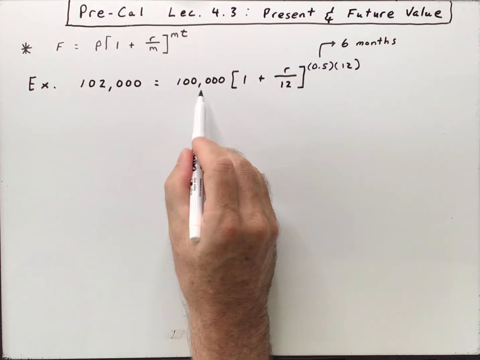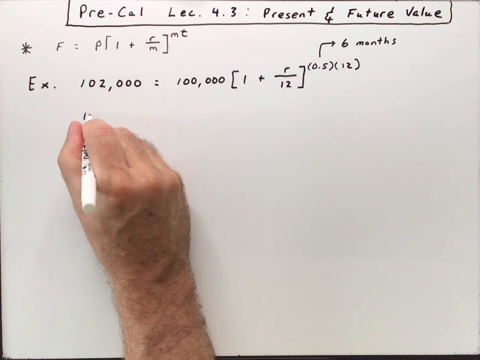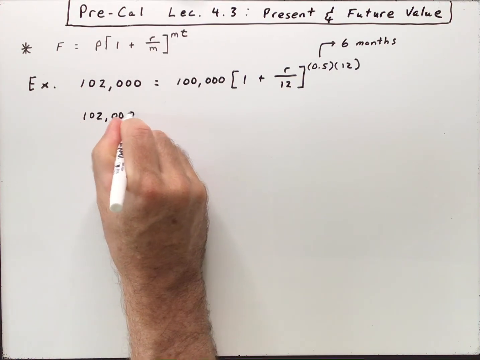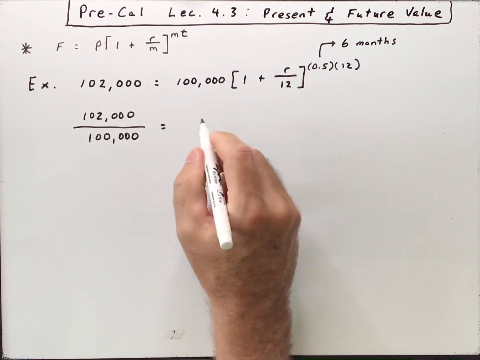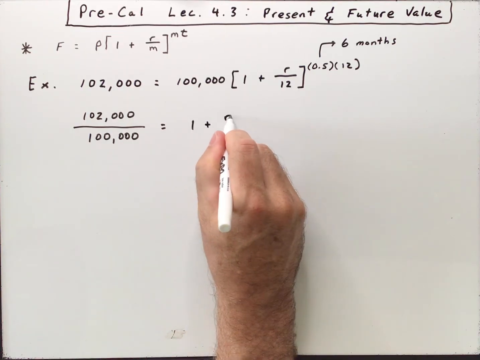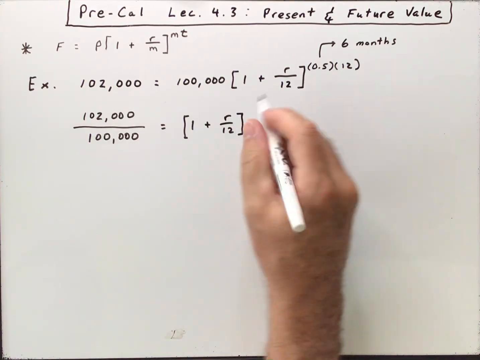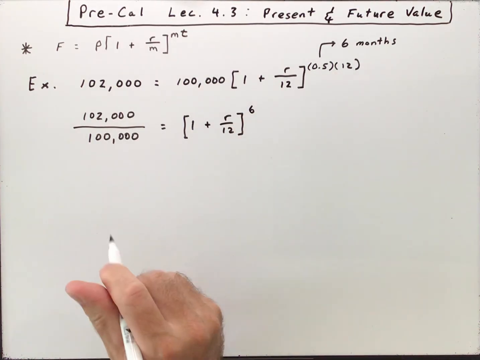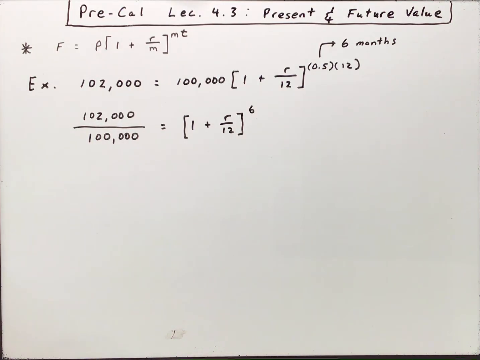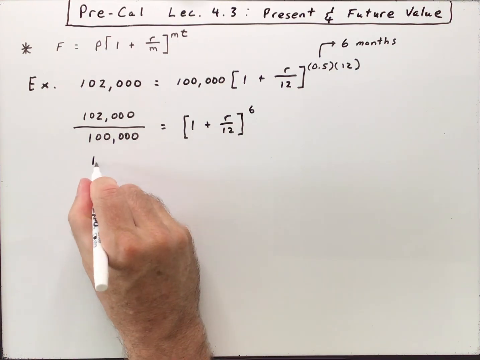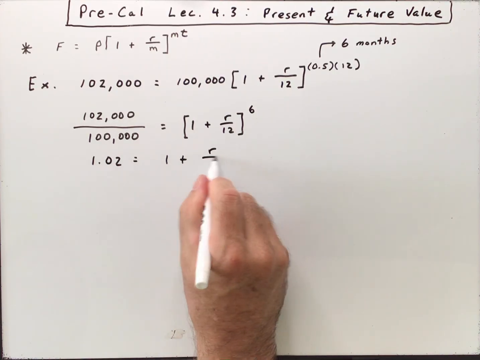Okay, the easiest way to solve these, I think, is to, first of all, move that 100,000 underneath. So we'd have 102,000 over 100,000 is equal to 1 plus R over 12, and 0.5 times 12 would be to the 6th power. So if you take 102,000 divided by 100,000, you will get 1.02. So that's equal to 1 plus R over 12